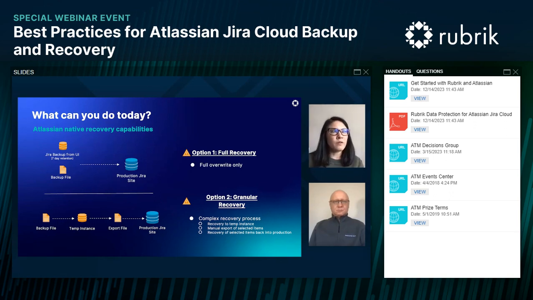So while the first option of restoring everything is great, they want to go granular. If they do it with the native tools, they have to go back to the backup file, pull that file, which is again the whole entire instance, and figure out a place to put that whole instance of data.